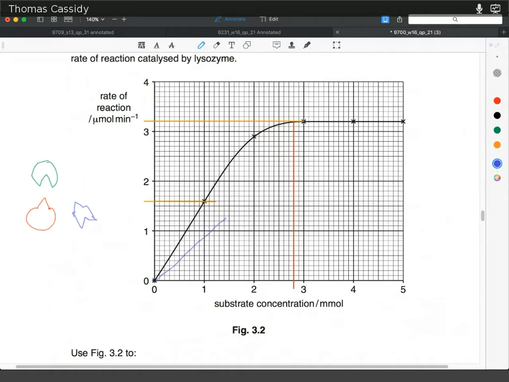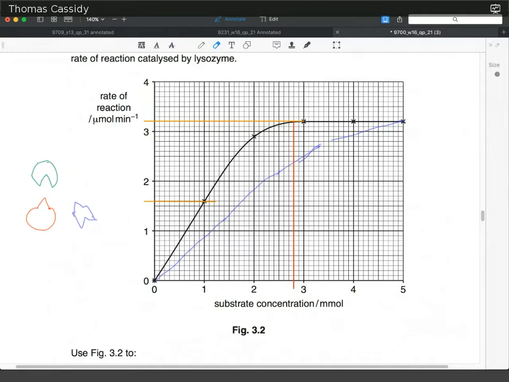But what's important to note is that although we're going to have a much slower reaction taking place, eventually, as we go along this axis and you add more and more substrate, it will use up all of the substrate and we will reach our maximum rate of reaction. It's just going to take us longer to get there. So our curve that we draw is going to look a lot neater than this maybe, but something like that. And they're going to meet at the same point,